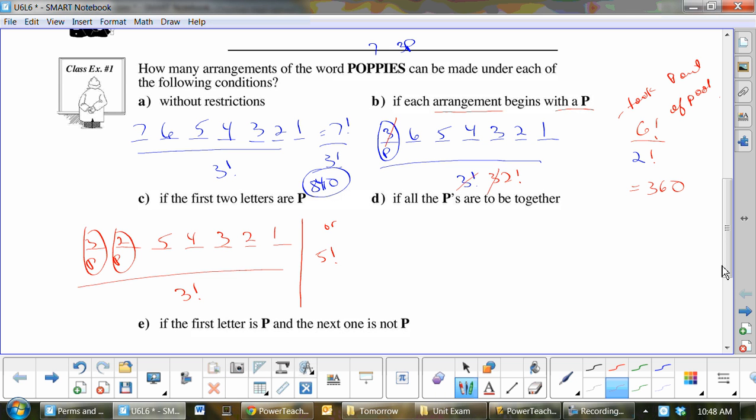That's what the book has, they just have 5 factorial, and you might be like, huh, how do you get that, right? Well, this is the same thing as 3 times 2 times 1 factorial. And you can see the 3 up top cancels, the 2 cancels, and we're just left with 5 factorial over 1 factorial. And 1 factorial is 1, right? Now, if all the P's are together,